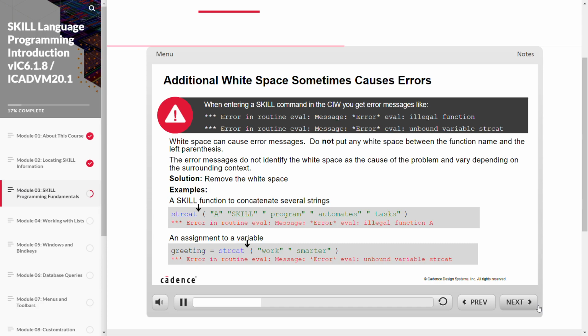So here we have some examples. The first is a skill function to concatenate several strings. It's called strcat. And then we want to pass in several strings to the strcat function. Now everything looks fine except we have put a white space after the strcat command and before the left parenthesis. So when we do this, we get an error message and it says error eval illegal function A, which seems